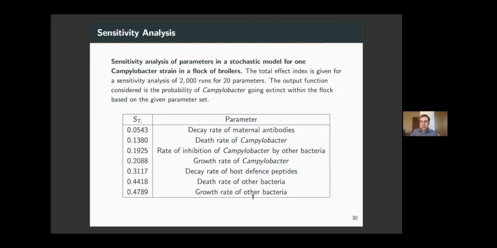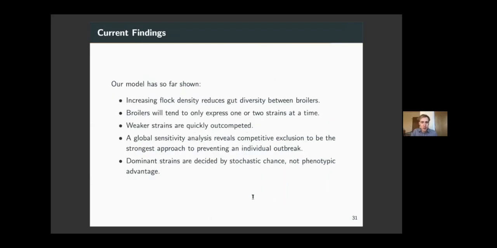So, summarizing the main things I concluded in the paper that Desi kindly linked to be associated with this: the main thing I've just talked about here is that as you increase the density of the flocks, the number of birds you have in this environment housed together, it really reduces the diversity and dynamic profiles between these birds.